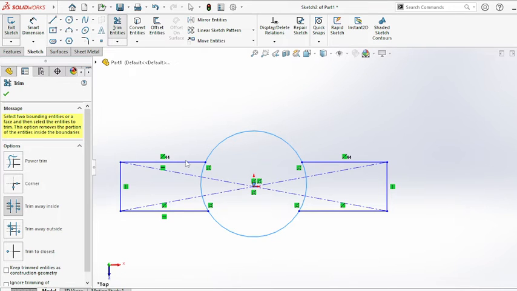What happened here? Trim away inside. Trim away inside means what? I am selecting one boundary. After that, what I want to trim, I want to select that. See,